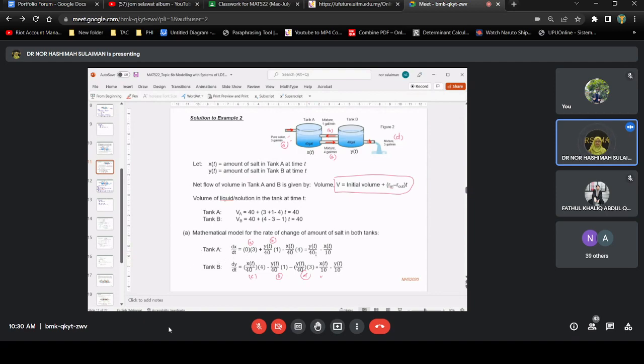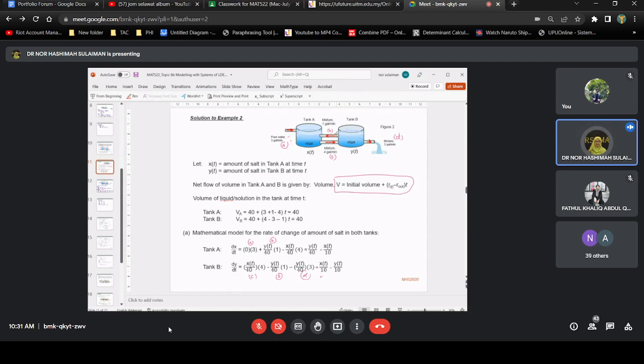Okay, so this is the model that represents the rate of change of the amount of salt in tank A. Okay, kalau tank B pula, cuba tengok tank B. Tank B kita fokus kat sini, yang masuk adalah C. Okay, C apa concentration dia? Concentration dia datang daripada solution dalam tank A. So apa concentration of the solution in tank A? So you have X divided by the volume 40, at the rate of 4 gallon per minute,